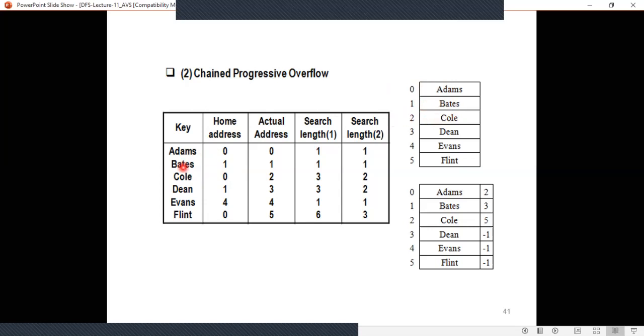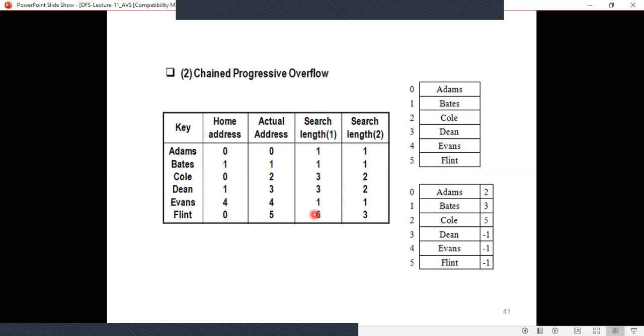Next Dean, home address 1, is already filled with Bates. Next, 2 has Cole, so at 3 you are going to store Dean. Similarly Evans is stored at 4. Flint, home address 0, again is filled, so the next option is 5. Flint is stored here.